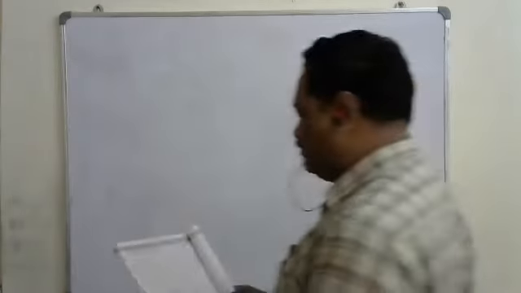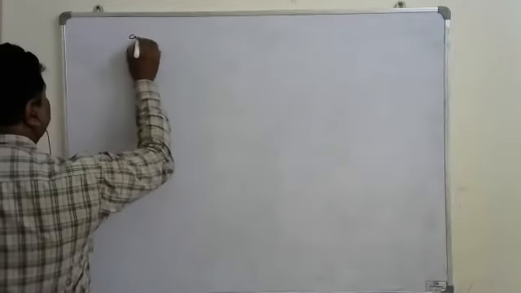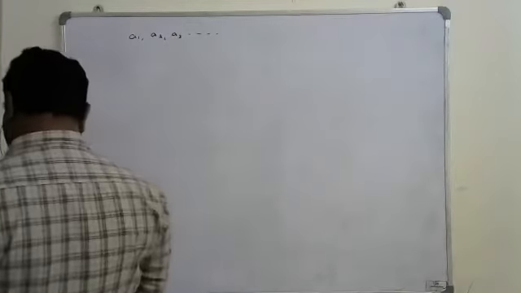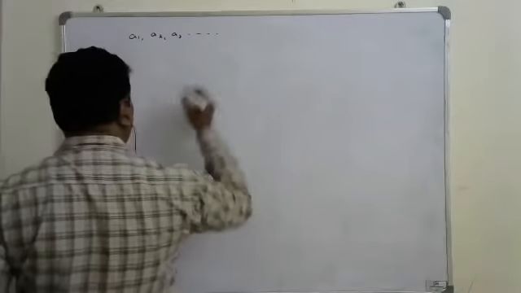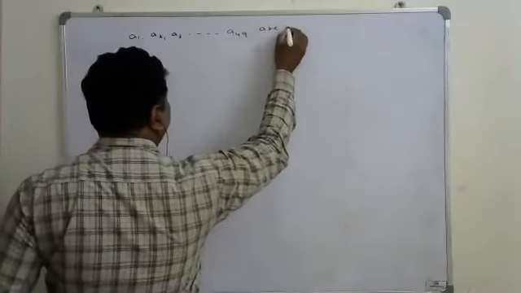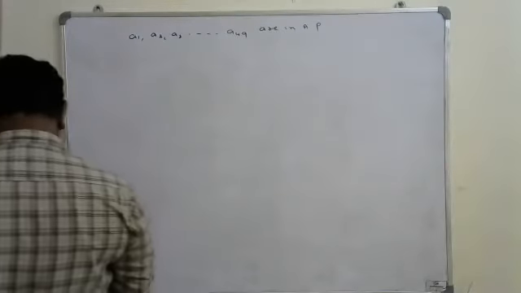Let's look at this problem and understand it. A1, A2, A3 and so on up to A49 are in AP, such that